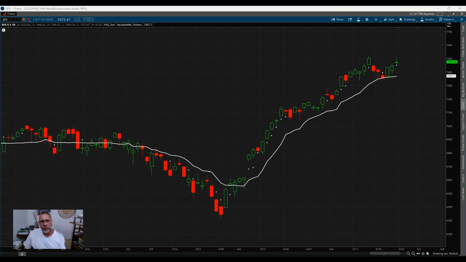Hey everyone, this video is about fair value gaps. So I've got a chart here on the screen, which is on a monitor right over here. So I'm going to look at that and walk you through this. We're looking at a chart here of the SPX, the SPY, and a fair value gap is when, so for